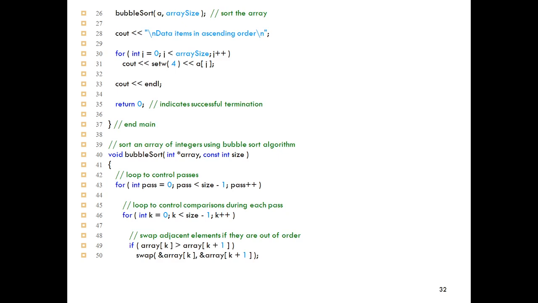So one is k, one is k plus 1. So what they're doing is, if the current position is bigger than the next position,